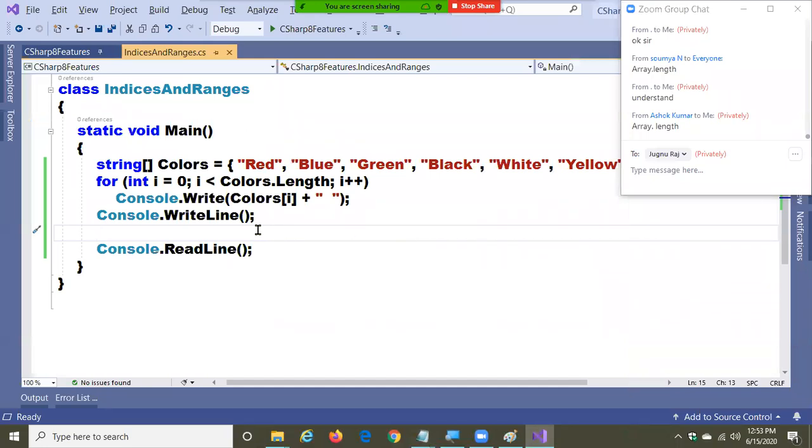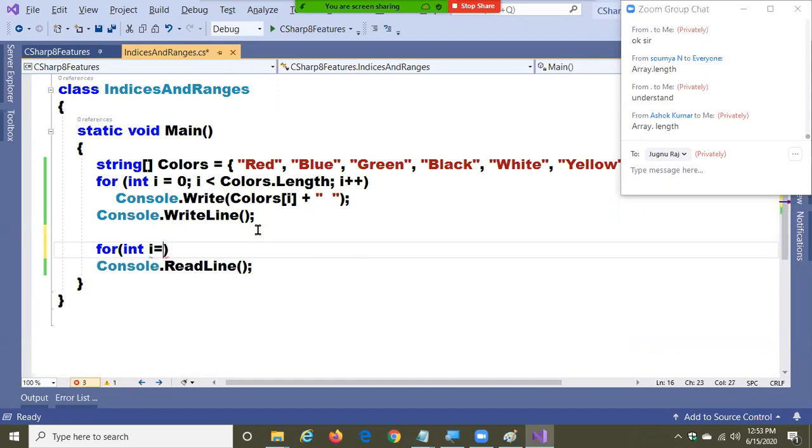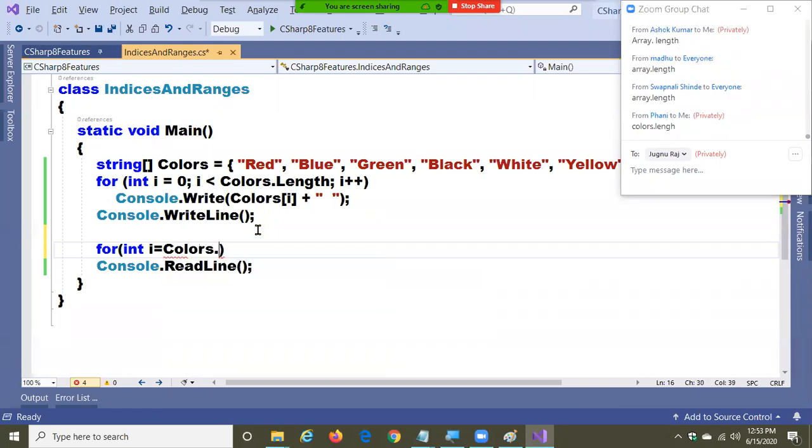And I'll print the values in the new style also. Watch it. How do you write? For int i = ... Tell me, what is the index of the first value? The index of the first value is colors.length now.